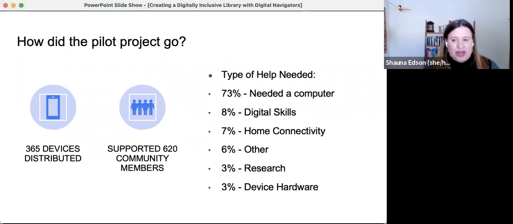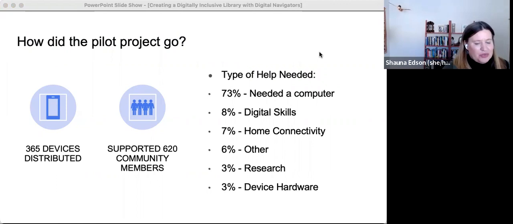So how did the pilot project go? Some of the things that we were surprised by was that only 7% of folks who reached out to us reached out for home connectivity, which is home broadband. We expected it to be a much larger percentage of people that would be their first contact point. But Salt Lake City is a relatively highly connected city, and I think a lot of the folks that don't have broadband in their homes